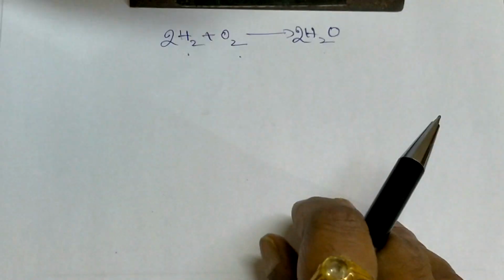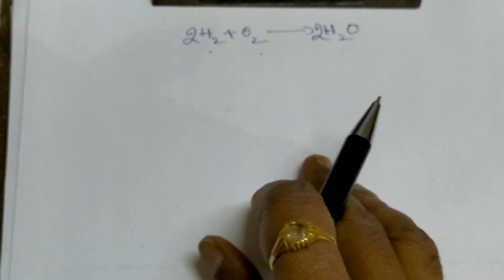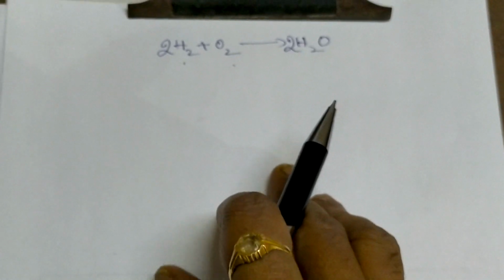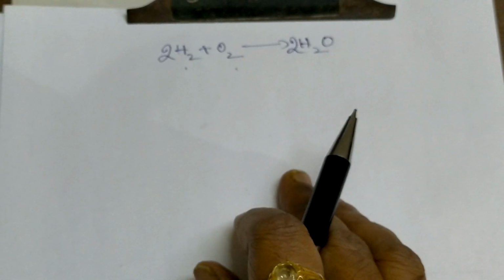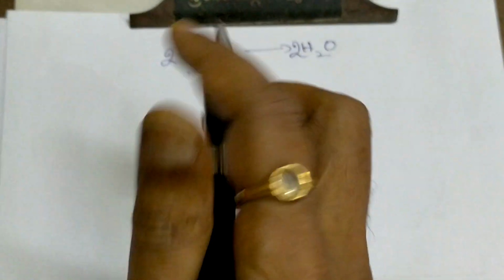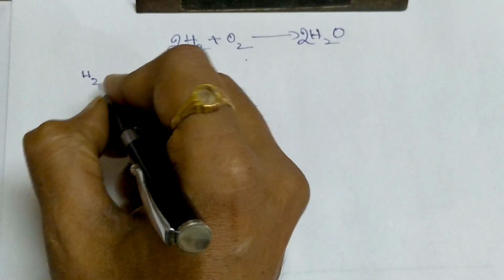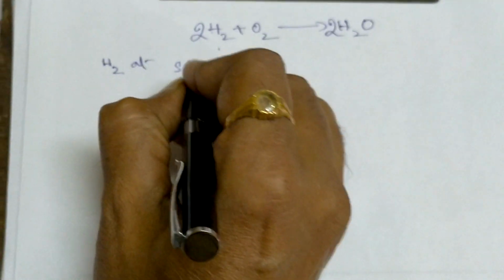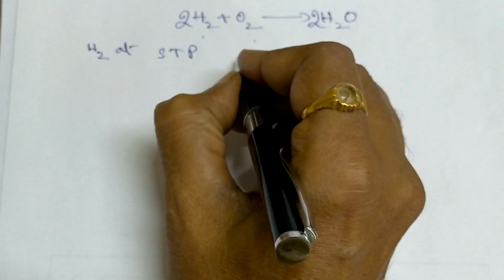Simple problems. Right. Now volume to volume. Earlier we have seen mass to mass and mass to volume. Today we will see some volume reactions of stoichiometry. The question is, what volume of hydrogen at STP is required to reduce